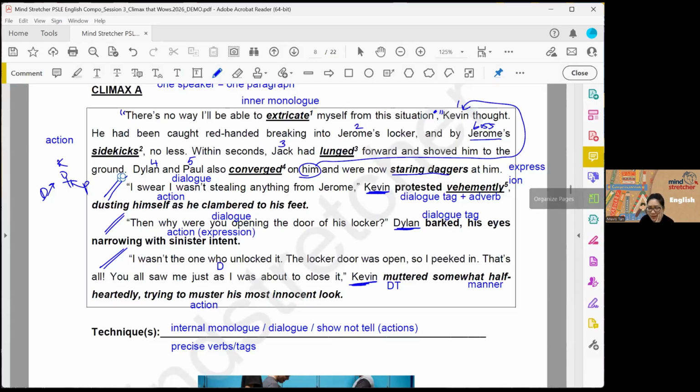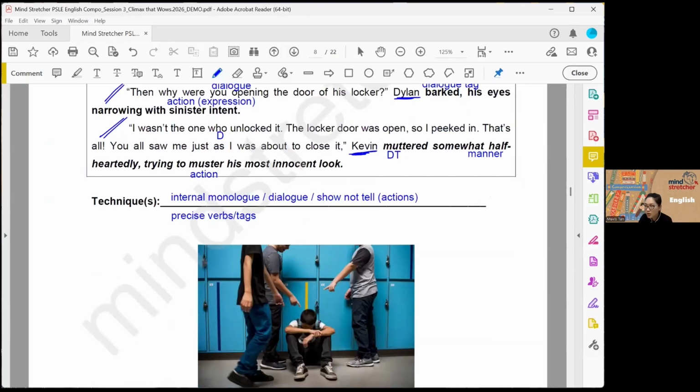Shubayu says, no, please, I promise I didn't steal your money. John pleaded, afraid, trying to shield himself with his hands. Okay, so John pleaded, pleaded is the dialogue tag, right? There's a bit of grammatical issue there. You can say John pleaded, comma, trying to shield himself with his hands. You don't need the word afraid. You can infer he's afraid. He can't be happy. Am I right? Okay? Remove the word afraid. Don't tell. You're already showing. Don't need to tell. Okay. So this is a model.